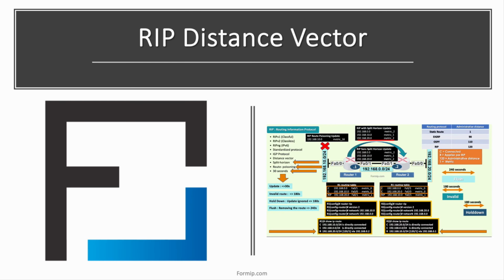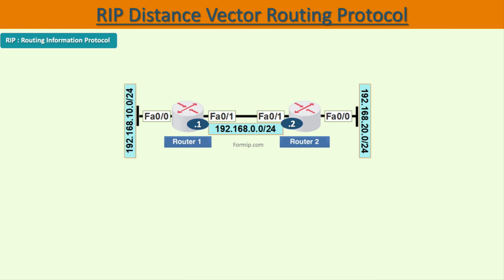RIP distance vector routing protocol. Even if the RIP protocol is very old and little used, it is still important to talk about it to better understand the principle of dynamic routing. The RIP protocol exists in 3 versions. There is RIP v1, which uses the default masks of the IP classes, RIP v2, which allows the use of modified masks,